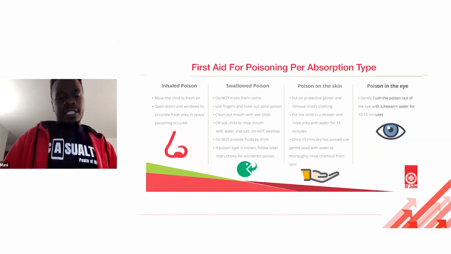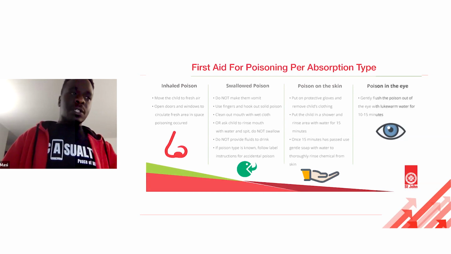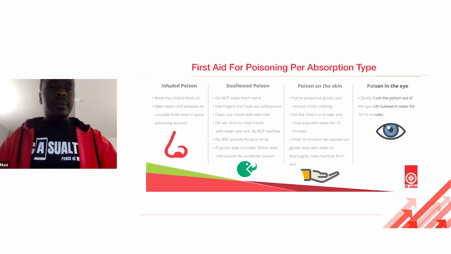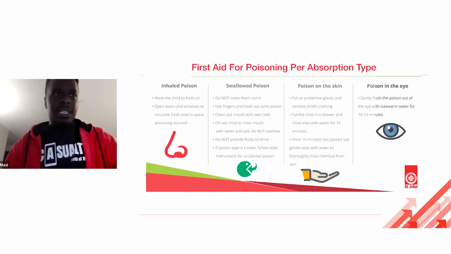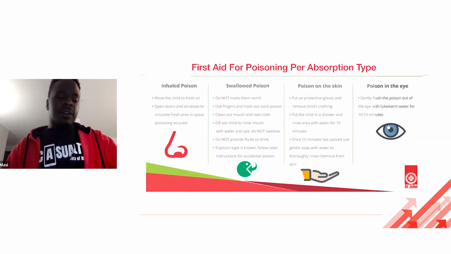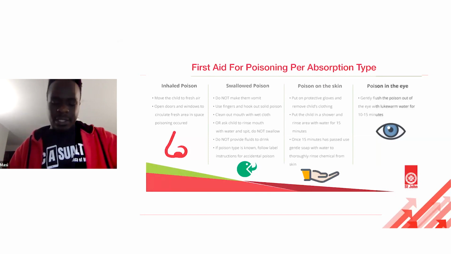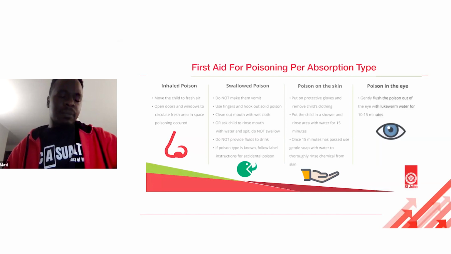In a conscious or adult patient, if it is a toxin that has been put in the mouth, you're more than welcome to ask the patient to gargle some water, but spit and not swallow. In skin poisoning, of course, you need to wash it out. And it is critical that you wash the toxin out from the skin contact for about 15 minutes. Now, 15 minutes seems like a long time, but it's really not. But the caveat here is that you have to make sure that your patient does not get into hypothermia.